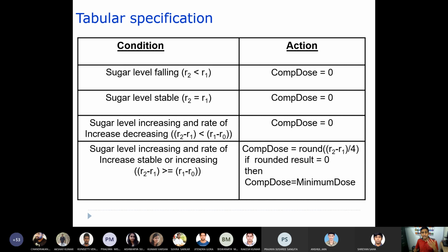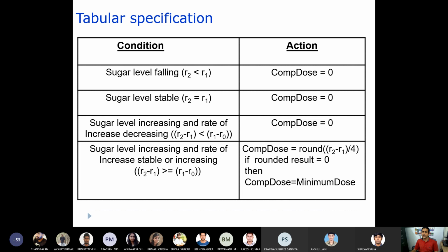also increasing. That means the current sample is increasing, as well as the rate also increasing. So in that case this can be observed like this: R2 minus R1 greater than or equal to R1 minus R0.